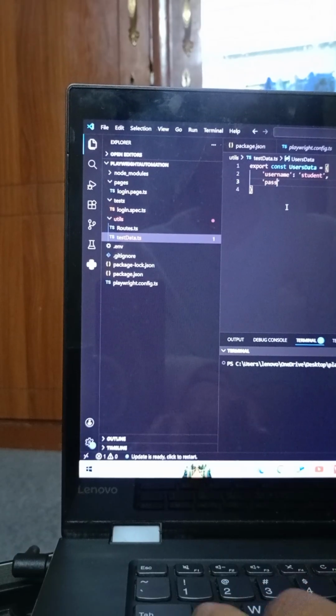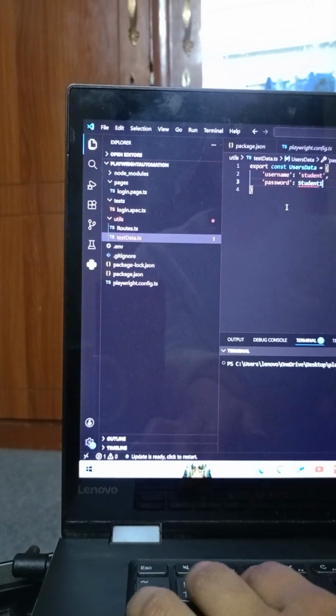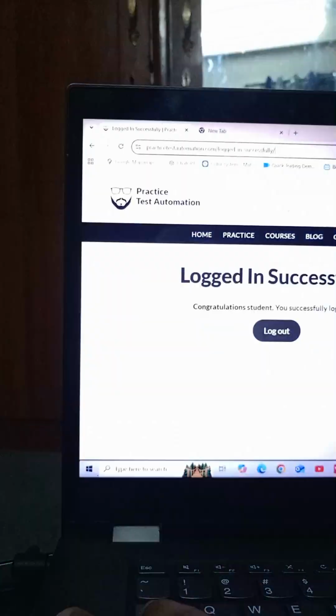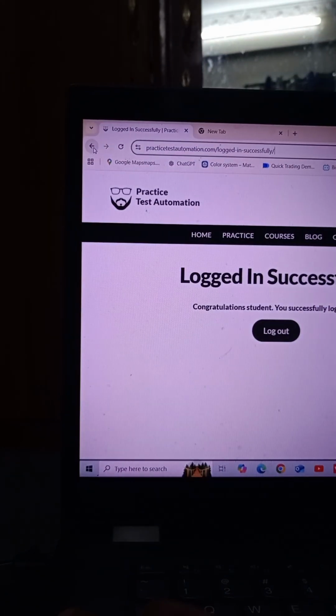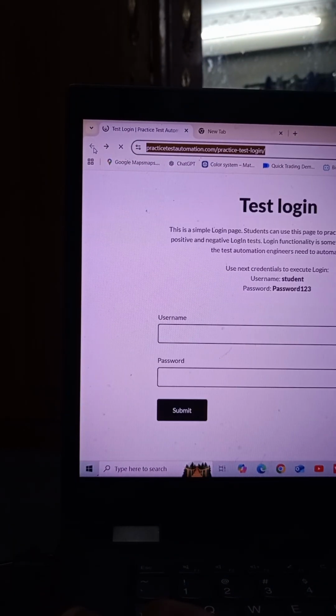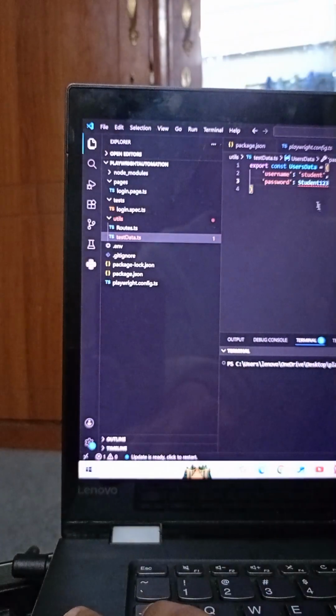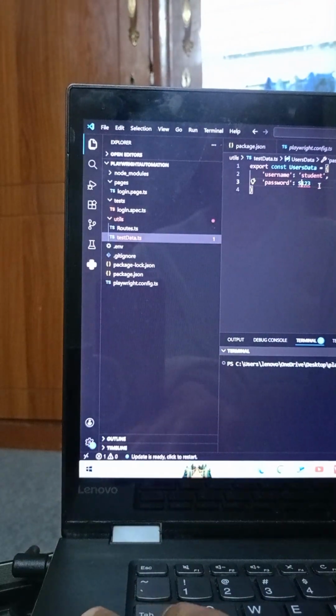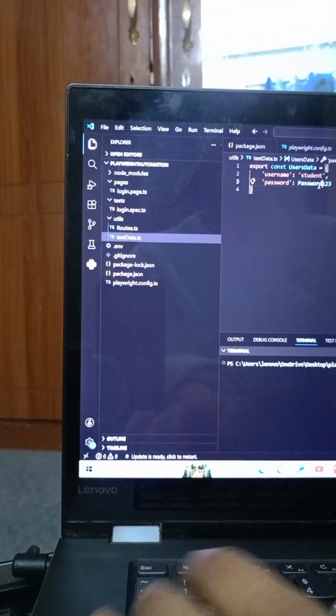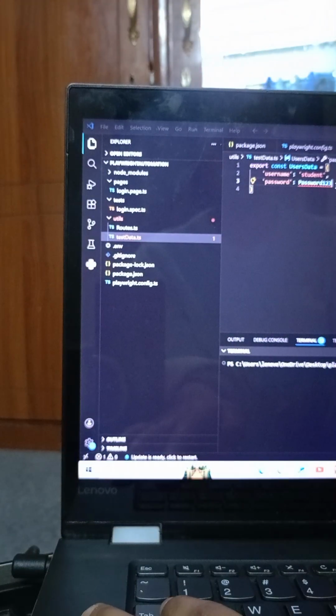And then we have our password, which is, what is it, student 123, I guess. Okay, let's go back. Password 123, so okay, not student, it's password 123, right? So we have to put it inside the, okay,